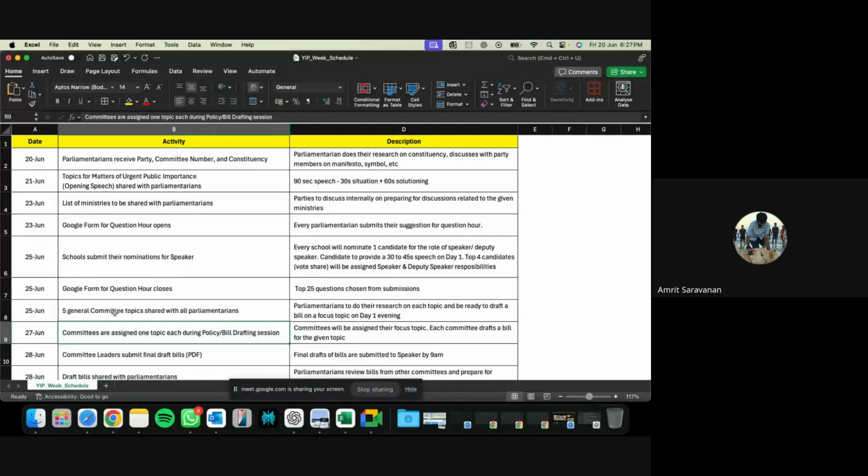Once the parties are formed, you would know the manifestos and everything that's been discussed. So if you think this point comes under the manifesto of the party, you can direct it saying that this was mentioned in the manifesto. If not, it is okay to make assumptions, to take a stand on one side and to assume that the other party will function as the opposite, will have the opposite thought about the same situation.